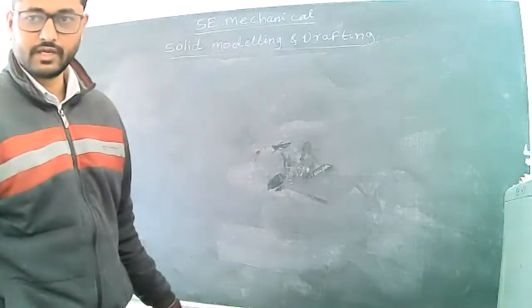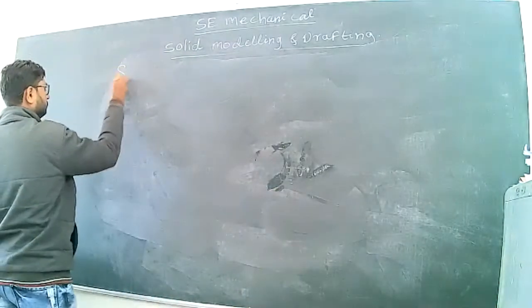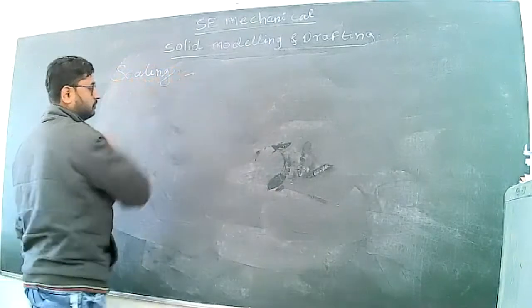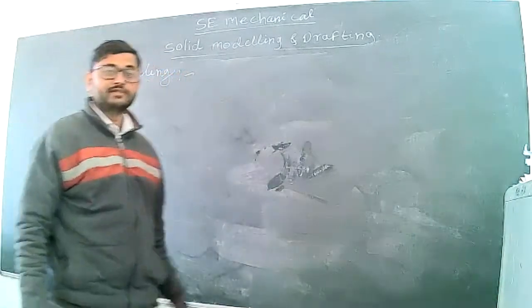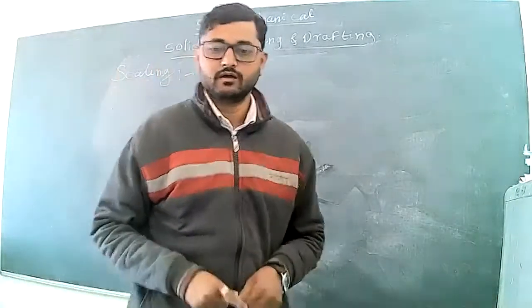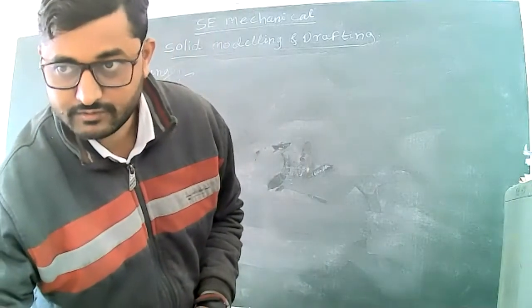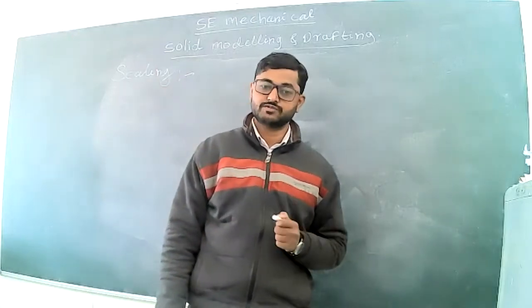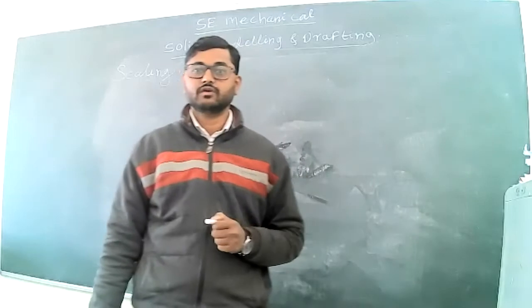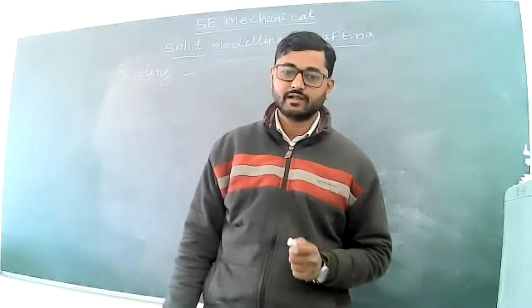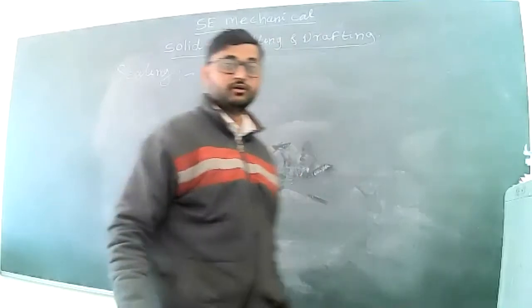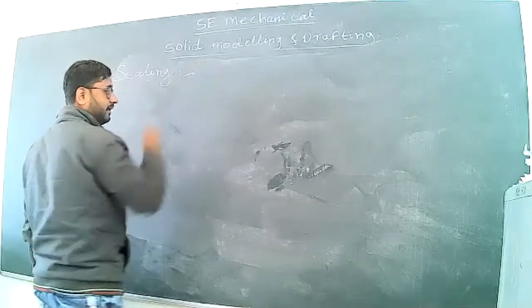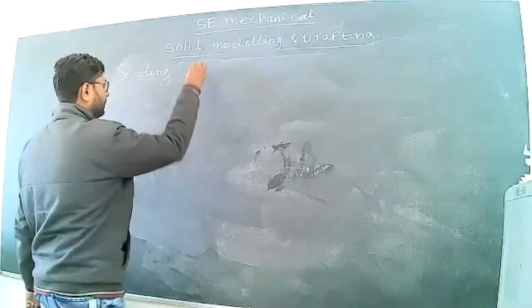That is scaling. So scaling is what? Scaling is the transformation which alters the size of the object. There are two types of scaling: uniform scaling and non-uniform scaling. So scaling is what, students? Scaling is the transformation which alters